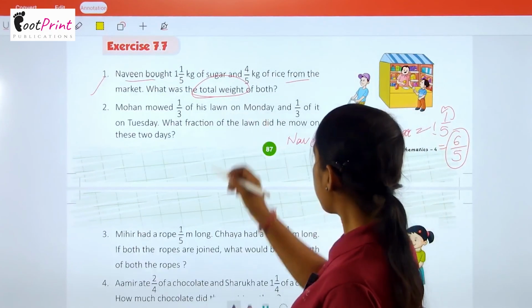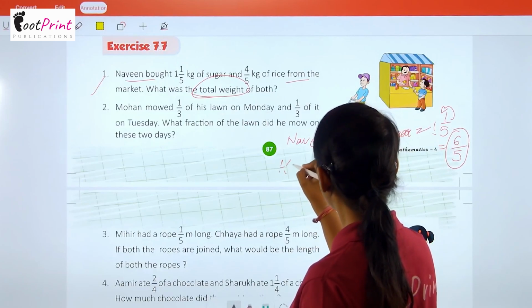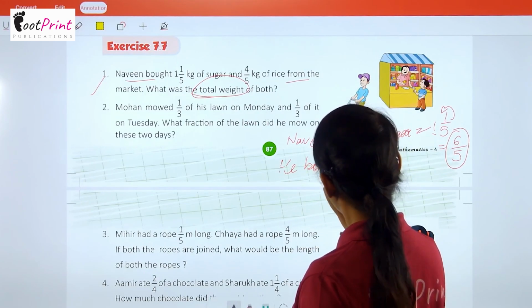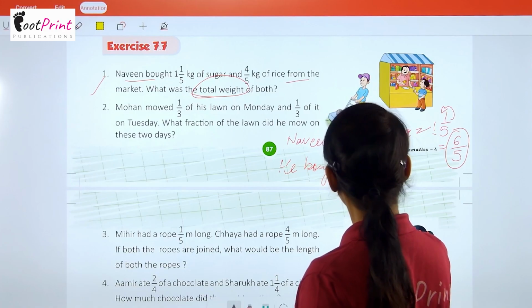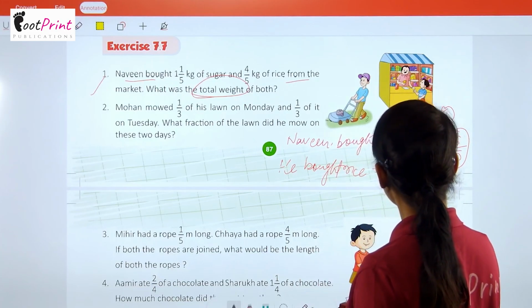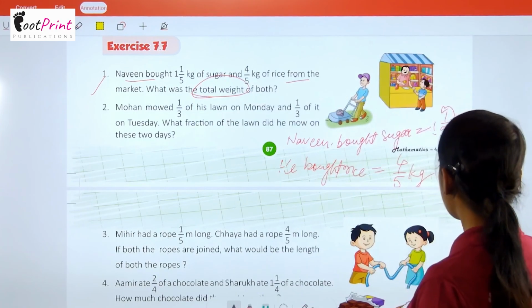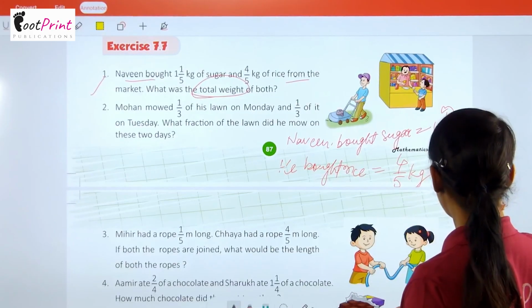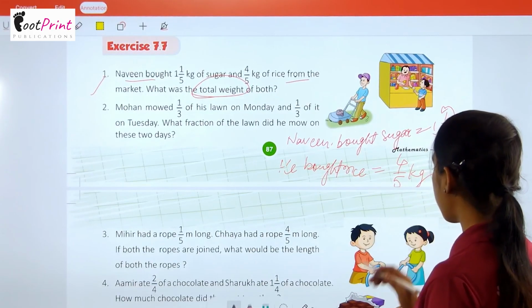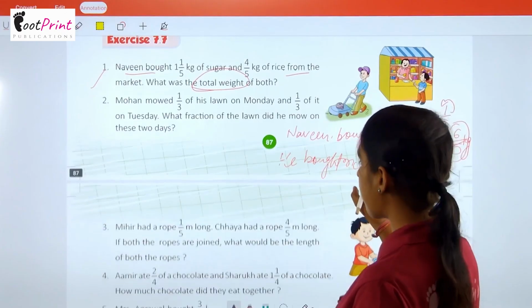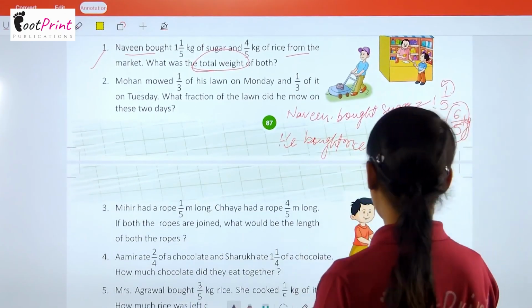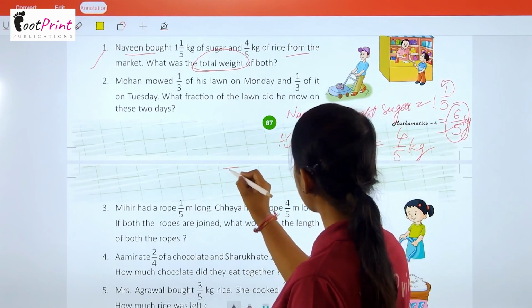Here he bought rice. तो कितने rice खरीदे हैं उसने? 4 by 5 kg. ठीक है. तो इतनी उसने sugar खरीदी है 6 by 5 kg और 4 by 5 kg उसने rice खरीदे हैं. अब हमें क्या निकालना है? इसका total. अब total कैसे निकालेंगे, फिर हम लिखेंगे total weight